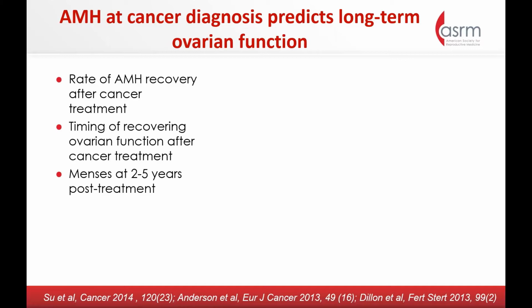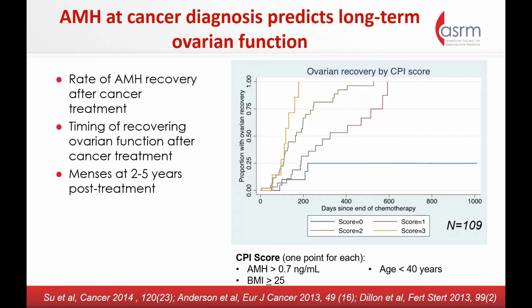It helps you to estimate the timing of recovering ovarian function after cancer treatment, as well as letting us estimate the likelihood that 2 to 5 years post-treatment that individual will be amenorrheic or in ovarian failure. So this is a study that our group has conducted where we took a cohort of breast